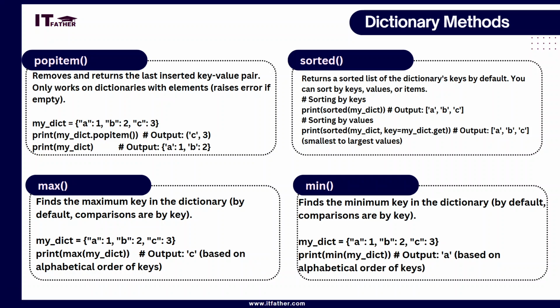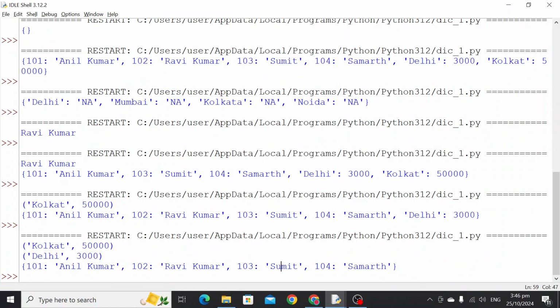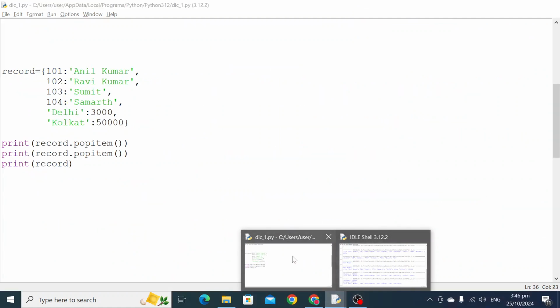Here A, B, C are alphabets, and it will return C as the output, because if we go with the ASCII code, the ASCII code of C is going to be higher. In the same way, the min function is going to provide the minimum value based on the key. So let us check the example with the help of our own